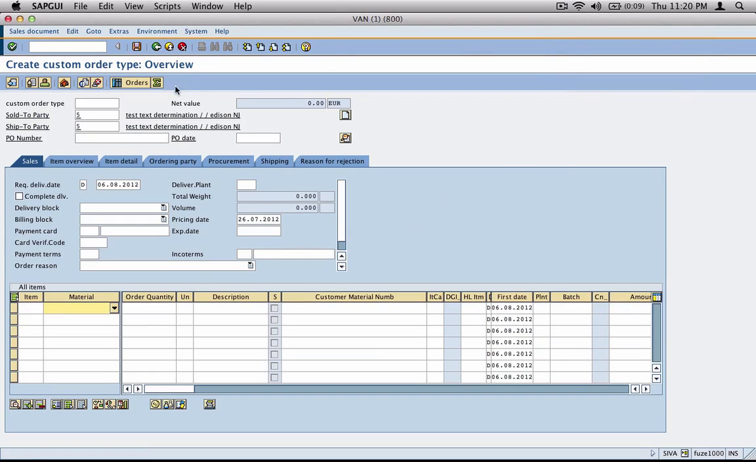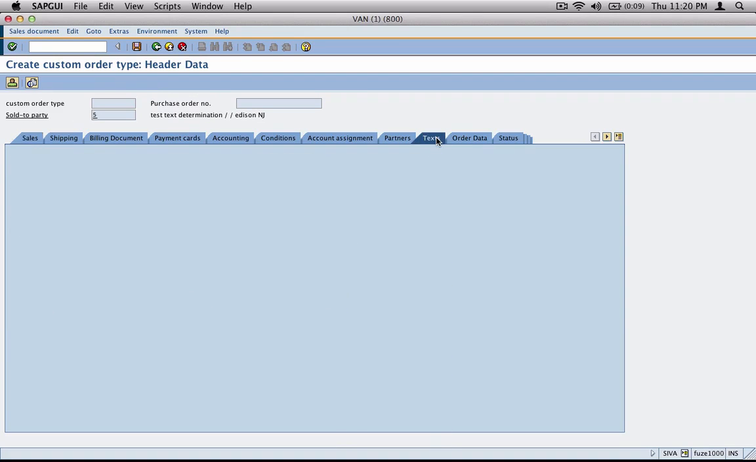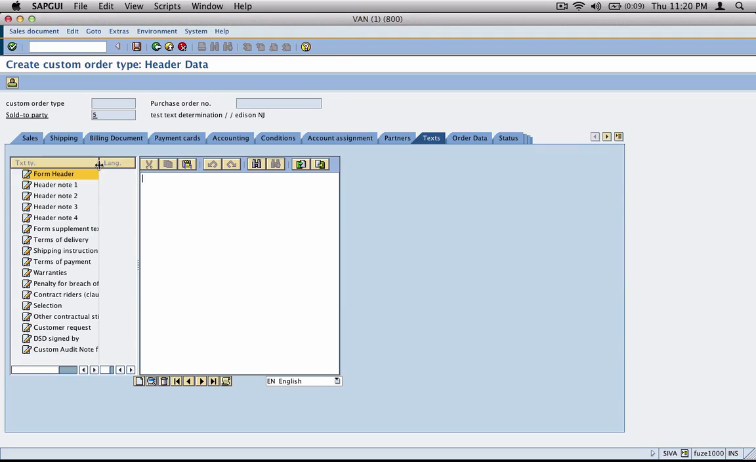Alright, we have created an order, ZOR5, using customer 5. Now let's go to texts. How do we see the text at the transaction level? Select header, go to texts, and then you can see that there is a new text type called the custom audit note that we have just created,